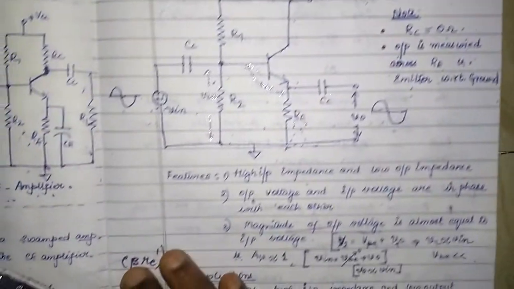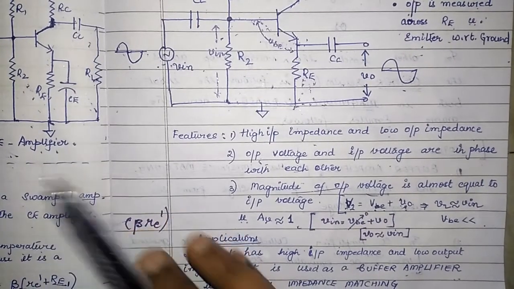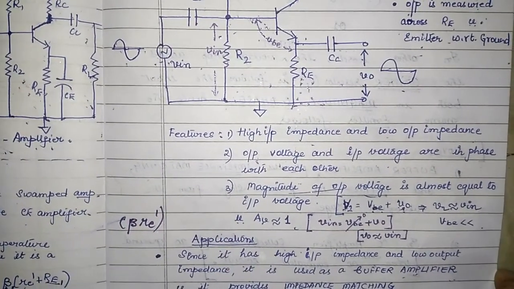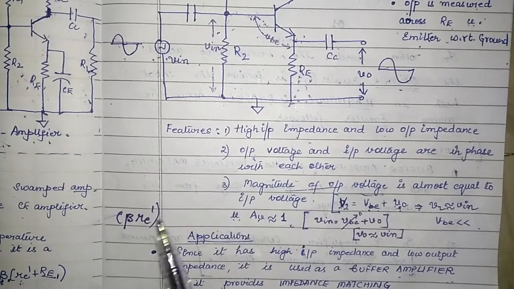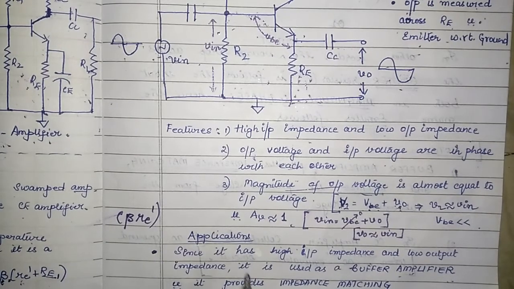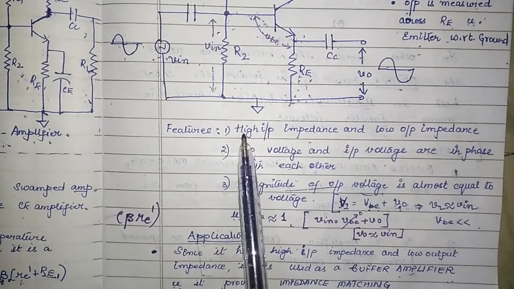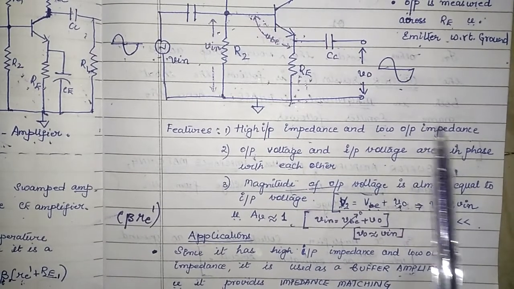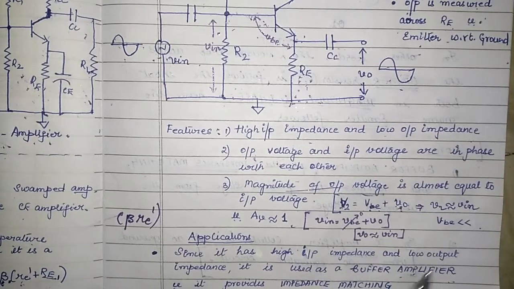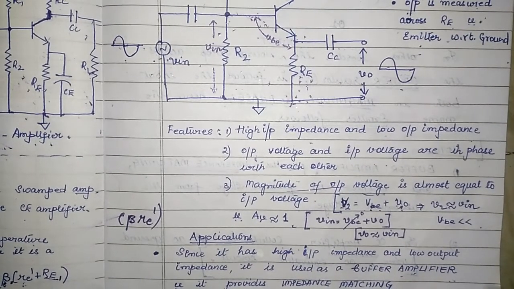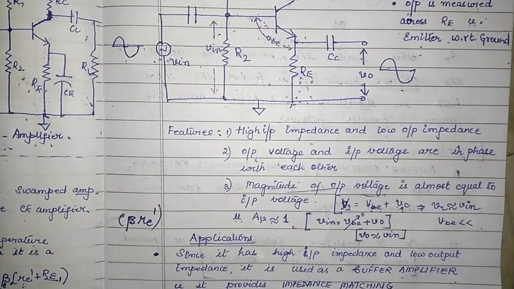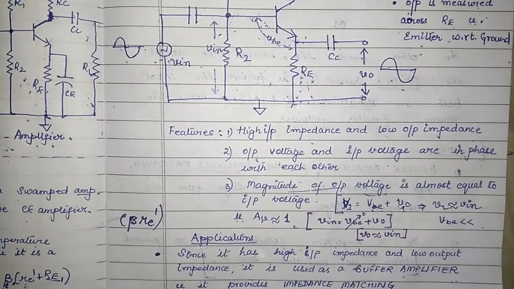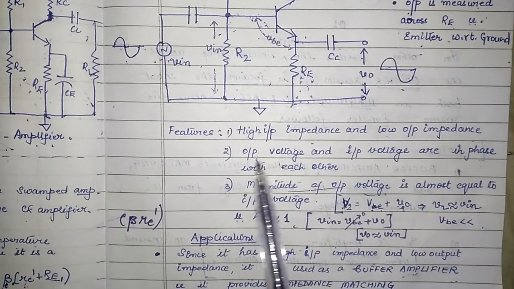Okay. So let us see what is so important, or what is different in a CC amplifier as compared to CE amplifier. So in a CE amplifier, if you have noted, students, the input impedance is small and the output impedance is large. But then in a CC amplifier, you see that it shows high input impedance and low output impedance. If you perform re model analysis, you can conclude that it has high input impedance and low output impedance. So for any amplifier, the input impedance should be high and the output impedance has to be low.